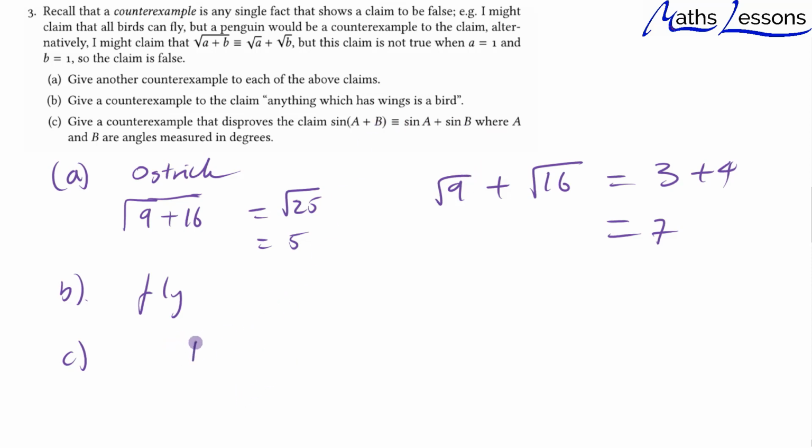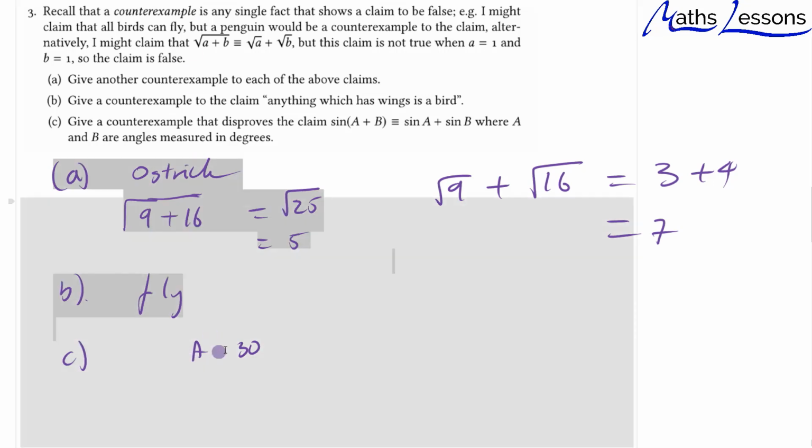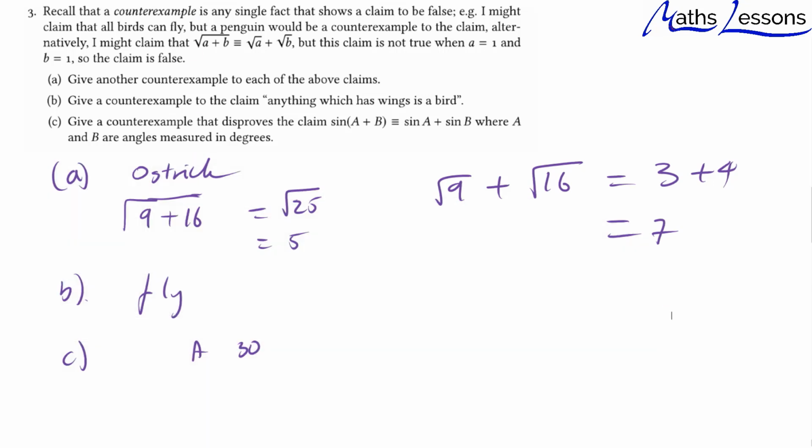So if we let a equal 30 and we let b equal 60,